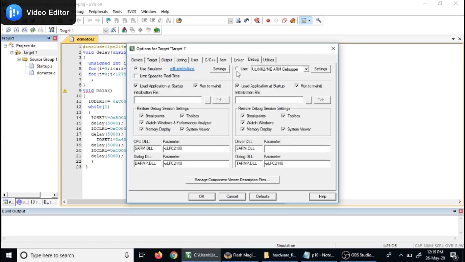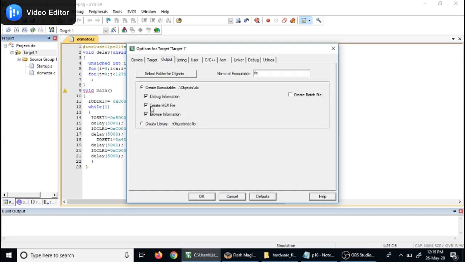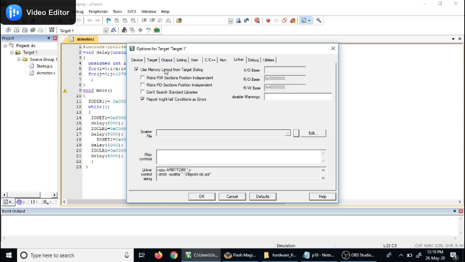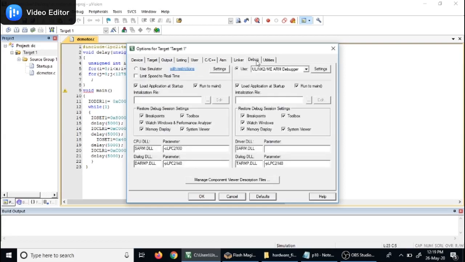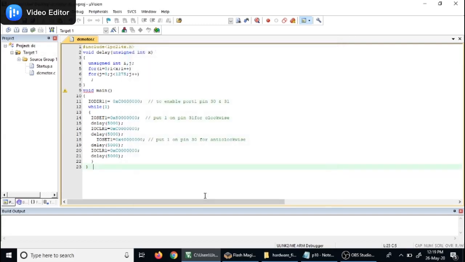Go to Debug, click on Use ULINK ARM Debugger. I repeat again: Output, Create HEX File. In Linker, Use Memory Layout from Target Dialog. And in Debug, use ULINK ARM Debugger. Click on OK. Now build the file.